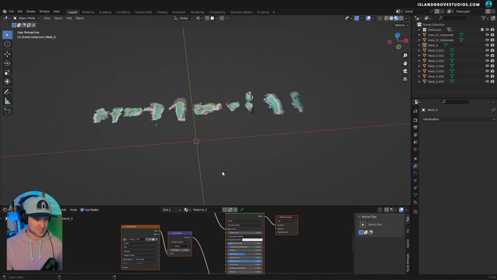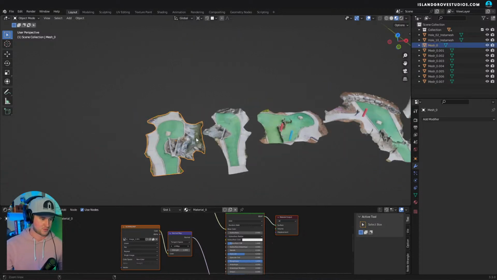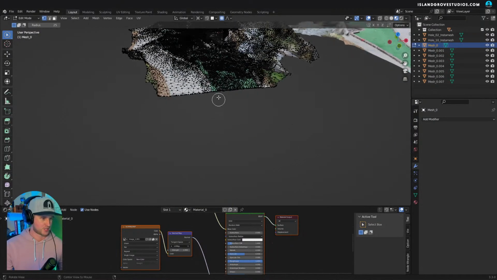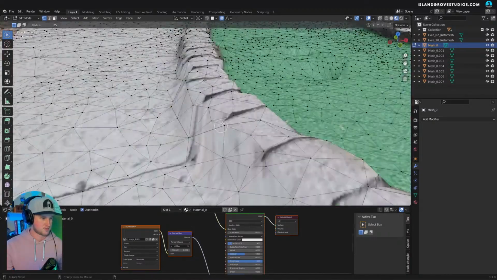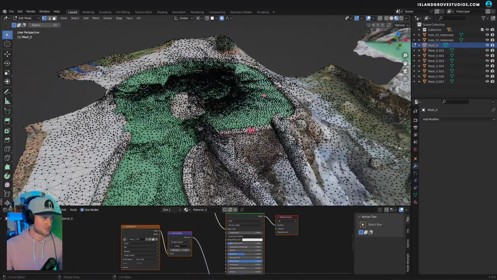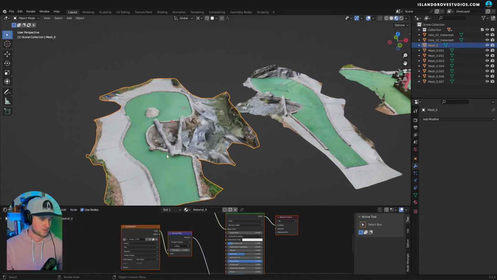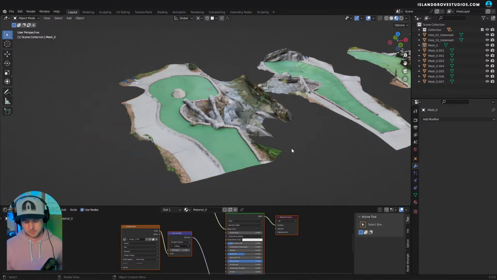So I'm going to get a whole bunch of scans. I'm going to get more than there are holes in a mini golf course, 18 holes. And I'm going to kind of kit bash the scanned holes, retopologize them, because if you zoom into one right now, if I go to edit mode, it's an extremely dense mesh, obviously, because it's a scan. So what I'm going to do is take the scan, retopologize it so I can use it on the actual mini golf